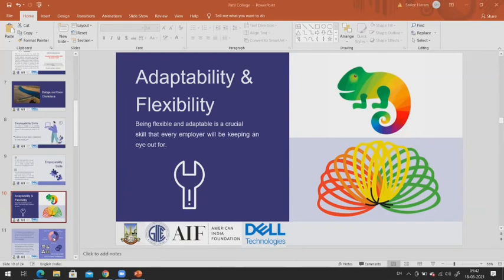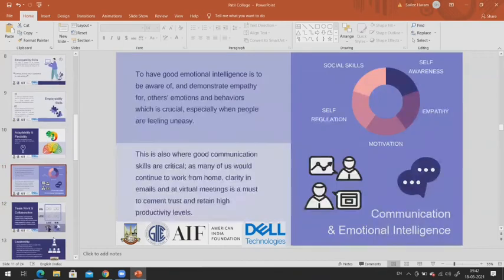Okay, now next slide. Emotional intelligence and communication. Okay, now communication and emotional intelligence is a very significant skill you need to have. You should be aware of emotional intelligence skills which demonstrate empathy and show deep respect towards your co-workers. Now, in an organization, you can't be cold-hearted. You need to know what to speak when. Okay, you need to have self-awareness.